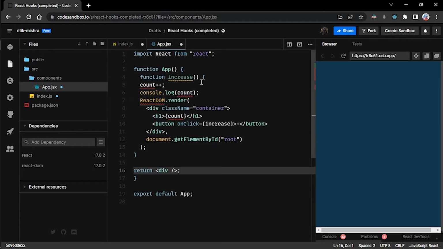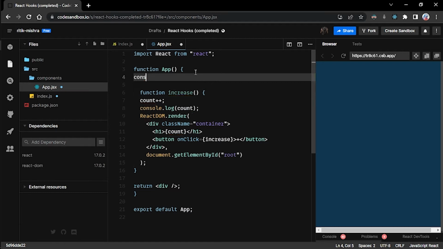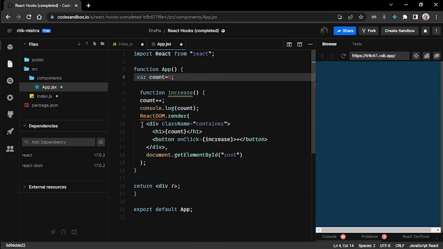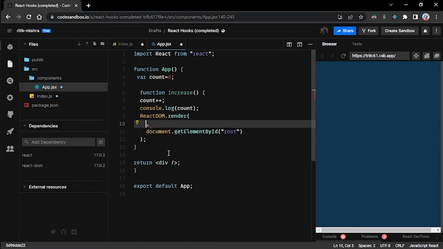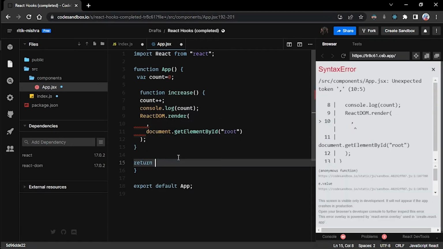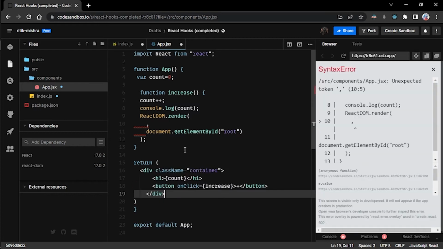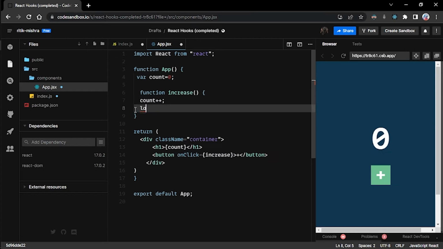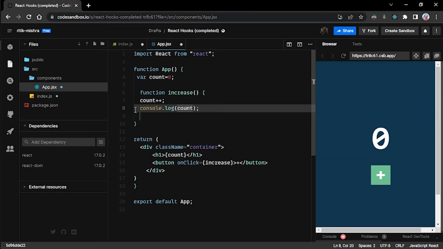So now it knows where this app is, and inside this app, let's say we are declaring a variable count, which is initially 0. Then we have our function of increase, and when we are here, let's cut this entire part out, paste it like this, get rid of this entire code in here, and if we simply log count like we did previously,